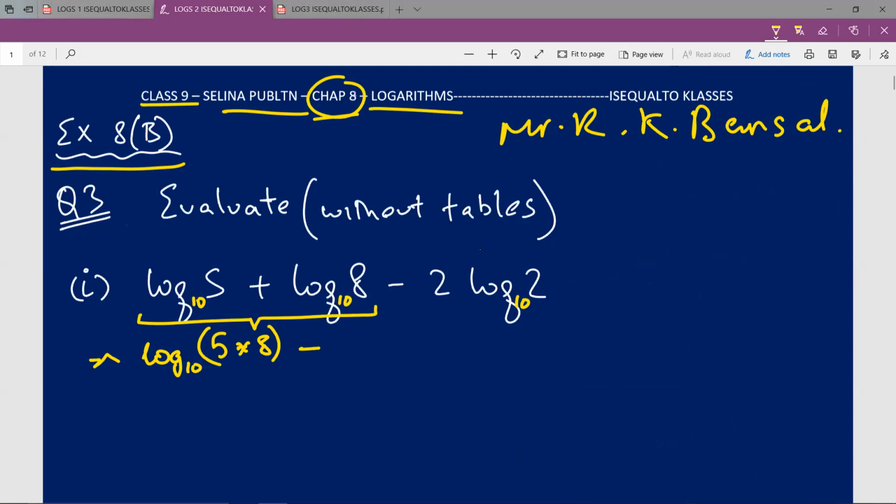I could write this as log of 2 to the base 10 raised to the power 2. So therefore, 5 8s are 40, so log of 40 to the base 10 minus log of 2 square, that is 2 into 2, that is 4, to the base 10 is equal to